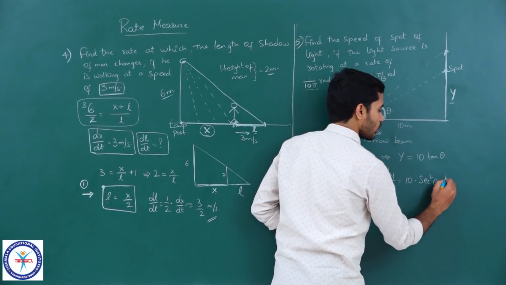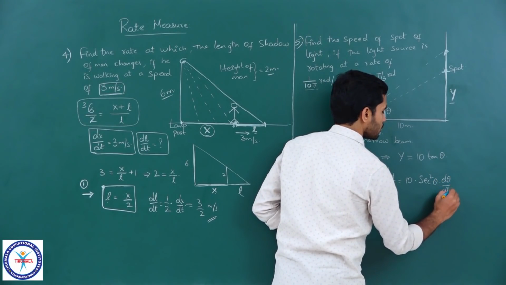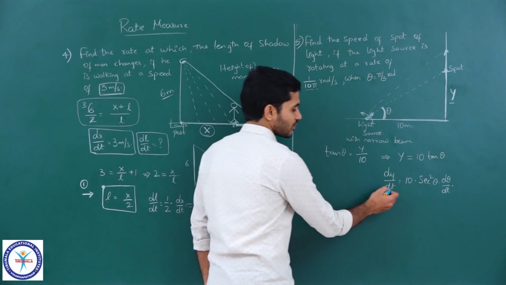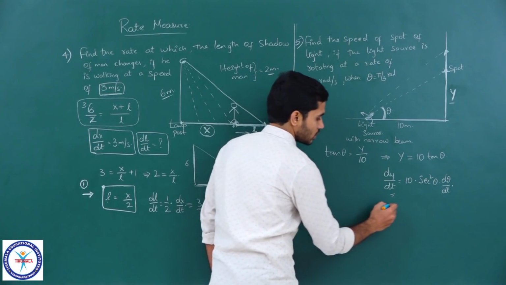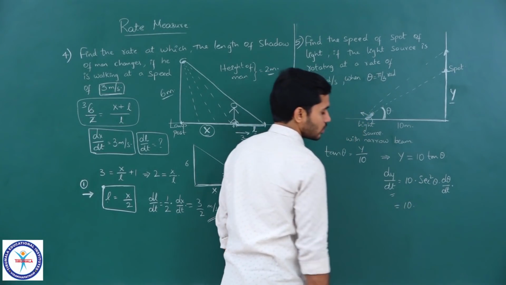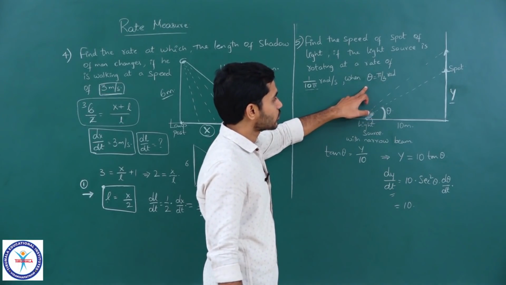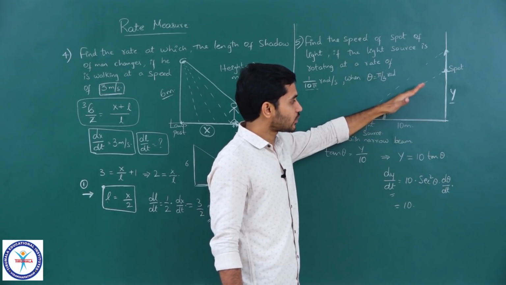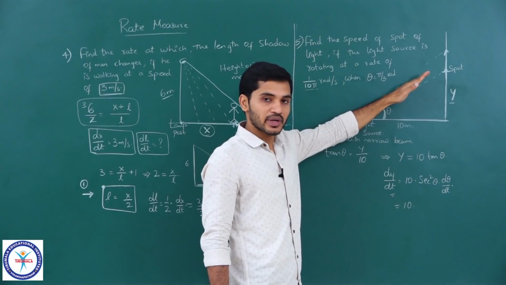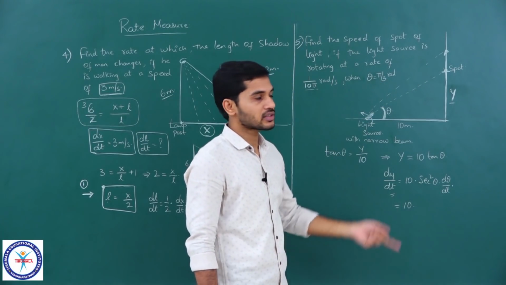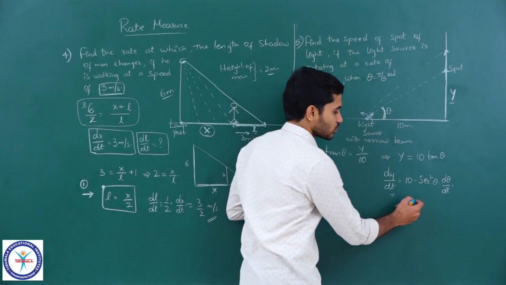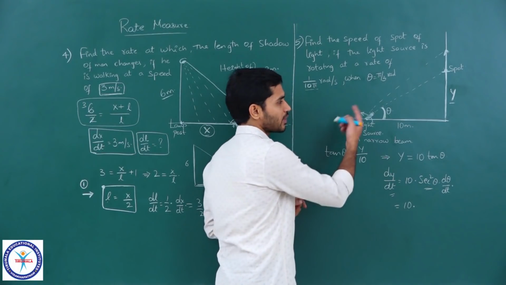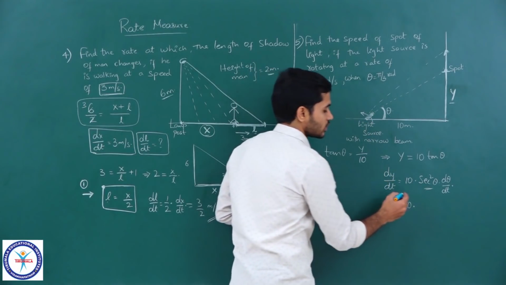Now what should I do? Now I will differentiate theta with respect to time. Clear? So that is the case. Now just substitute the values which we have. Solving that will give me 10 into, at what theta they are asking us to find? When theta is pi by 3, which means when it is rotating in this manner, as it is rotating, when the angle is pi by 3, that is when they are asking us to find the speed of spot of light. Now substitute the value of secant square theta. What is secant square theta? Secant square pi by 3 radians means 60 degrees, right? So secant square 60.